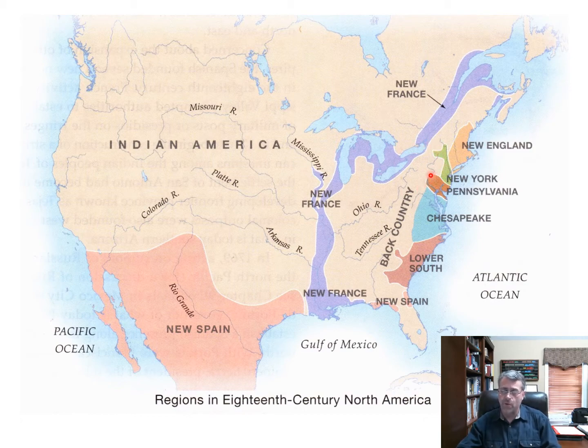And this is kind of foreshadowing one of our issues in these wars for empire, that a lot of the Native Americans in this area are going to side with the French in many of these conflicts. We'll talk a little bit more about how that plays out in a minute. But again, we just wanted to reacquaint ourselves with the two key players in this story, the British and the French.